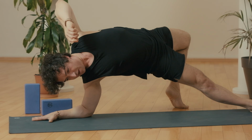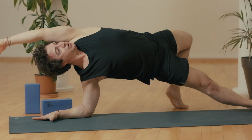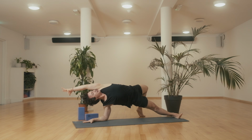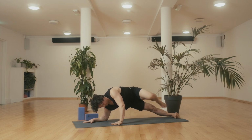Right big toe down, pressing down through my elbows. I really want to feel this side, and then maybe reach the left arm over me. So open the chest. It's hard to open in practice. Nice. Place your left hand out. Come back. I'm going to place my left hand in line with my right elbow, and then flipping over here